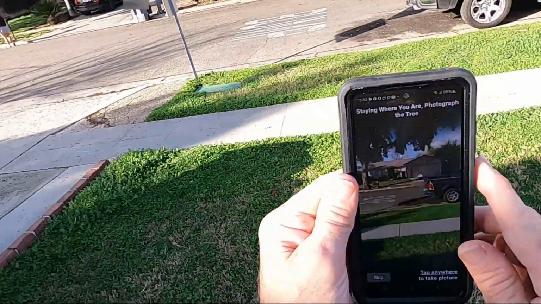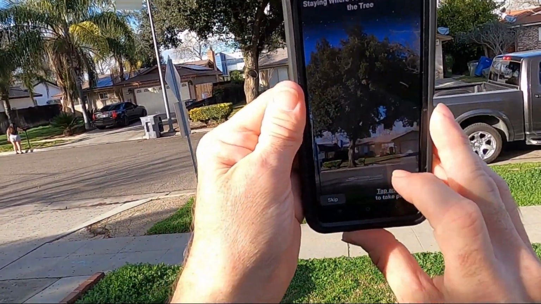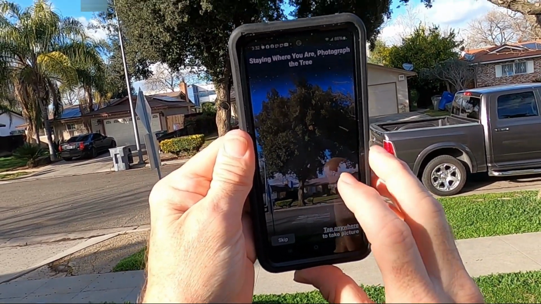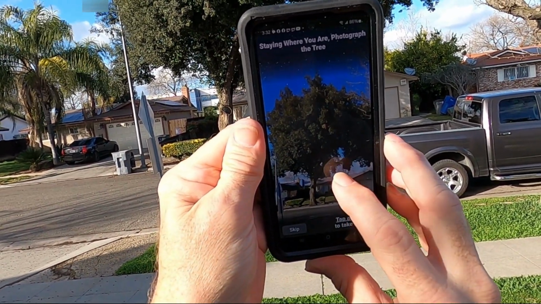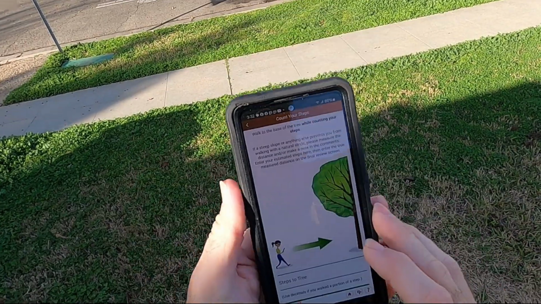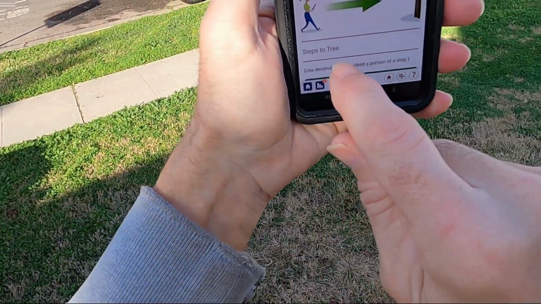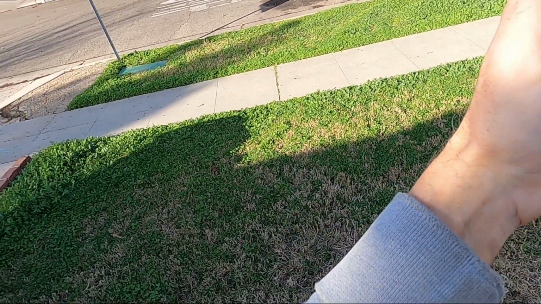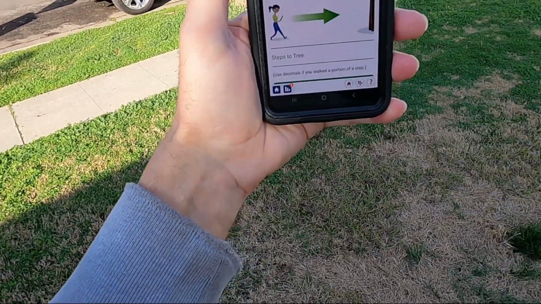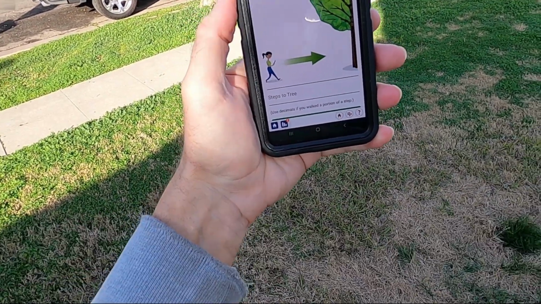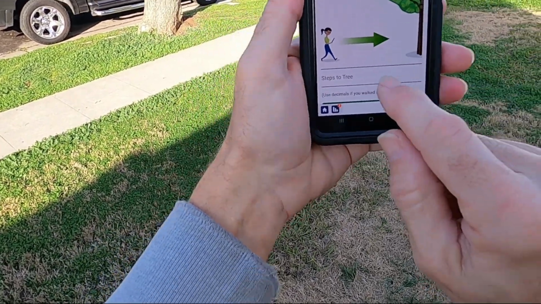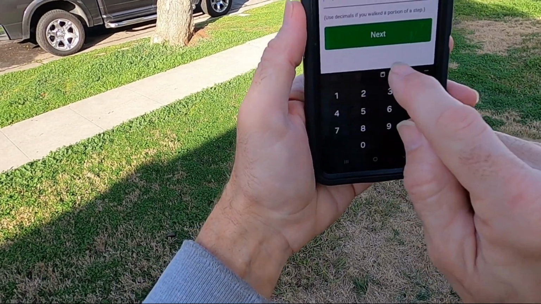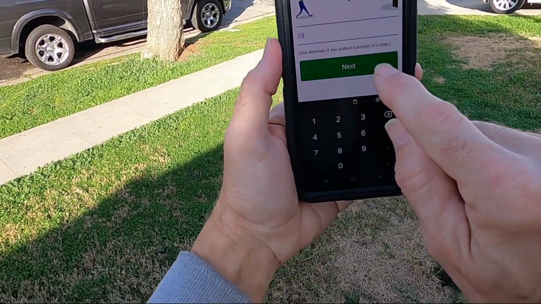So I'm going to photograph the whole tree. And can just tap anywhere on the screen. And now the next step is to tell it how many steps from the tree you are. It has you walk toward the tree in the instructions, but I prefer to walk away from the tree first to measure my steps. So I already know I took 25 steps from the tree,